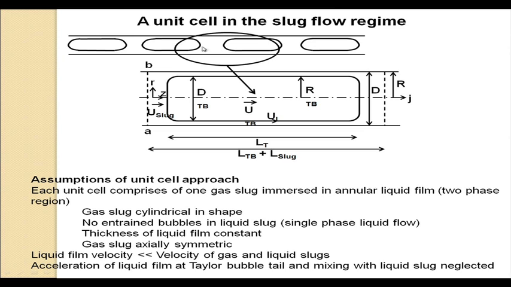In narrow passages we find that the liquid slugs are almost pure or they comprise of single phase liquid flow. So, naturally they can be modeled from single phase dynamics, and the Taylor bubble region is the two phase region where the gas plug and the liquid film which flows in the annular passage between the Taylor bubble and the pipe wall, it flows countercurrent to the Taylor bubble. So, therefore, this can be modeled by approximating the flow in the Taylor bubble region to resemble